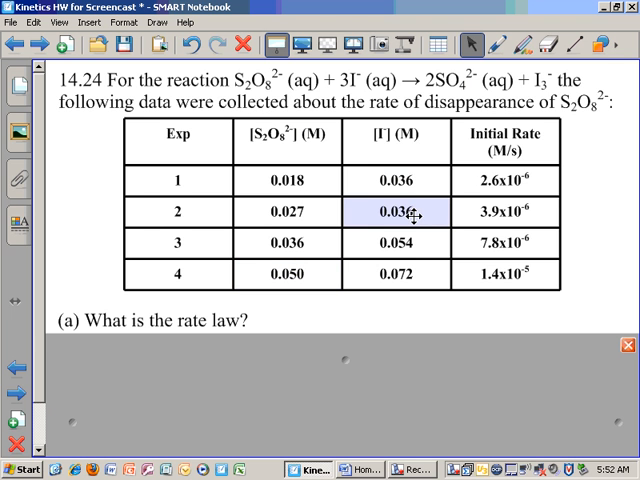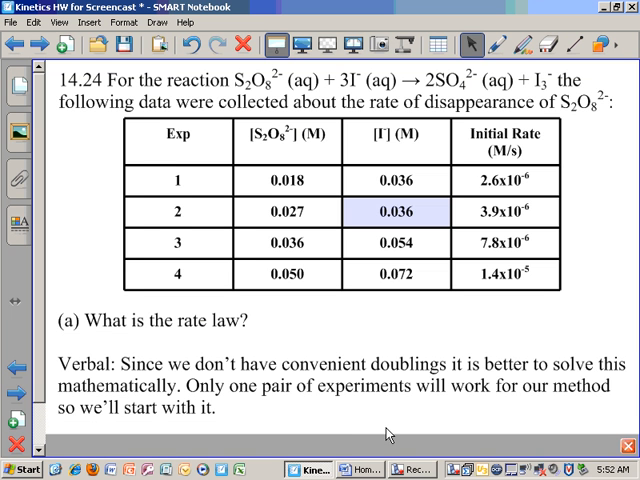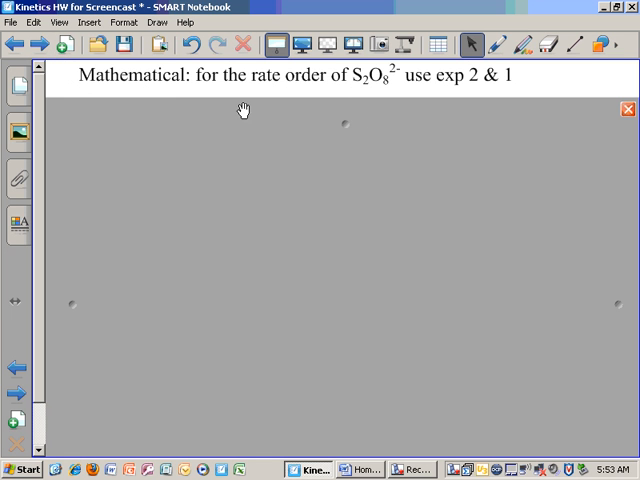There is one set of experiments where the concentration of iodide stays the same, and that's our key to success. Right? So, first of all, we don't have convenient doublings, so don't try to do this verbally. Mathematical is the right approach. And this one here, where the iodide changes, is going to be our important one. So we're going to start with finding the rate order for